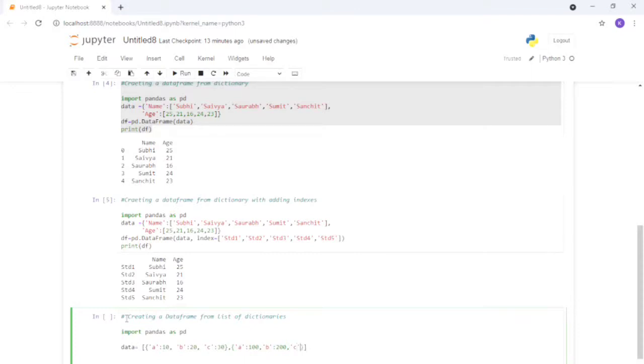C, and it will be 300. Okay, so I have created a list of lists. Then after, we have created a list of dictionaries.